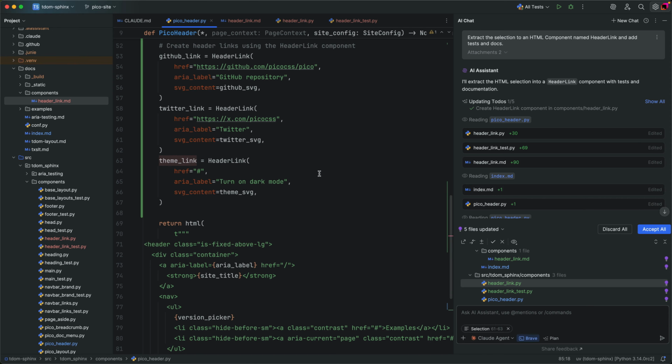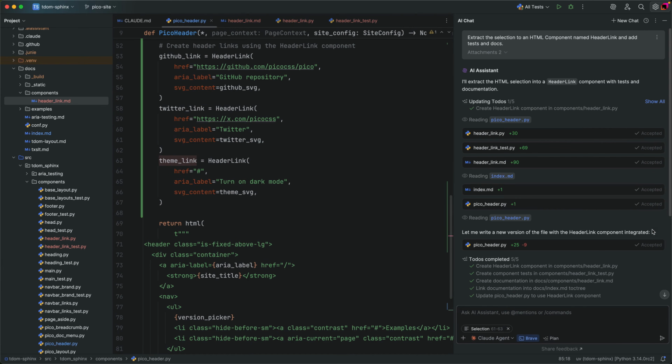Well, it did it. And it actually worked pretty well. I coached it through 10, 12 more things before getting exactly what I wanted, and it's already been super productive. Okay, Claude has finished. I'll go ahead and say accept all. I'm going to walk through all the steps it took in just a second, but let's go look at the